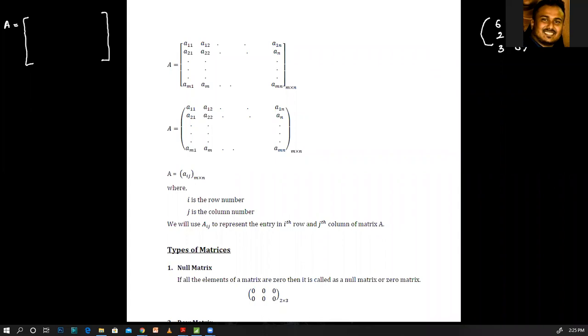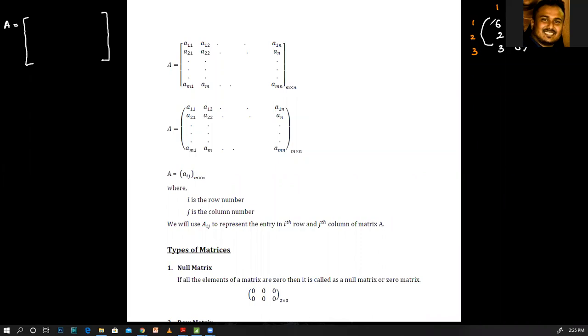First, second, and third rows are mentioned here. First row, second row, and third row appear here. Then we can see that the first column and second column appear here. When we are dealing with matrices, we generally use the row numbers and column numbers to denote